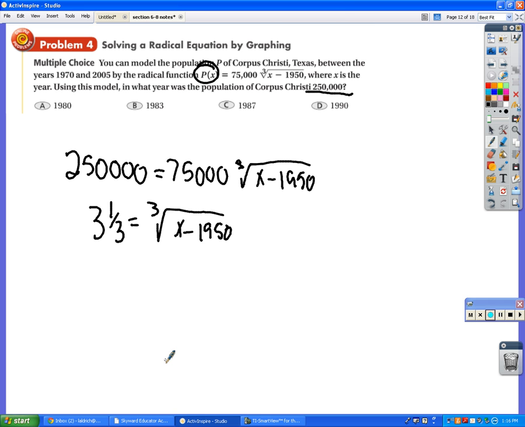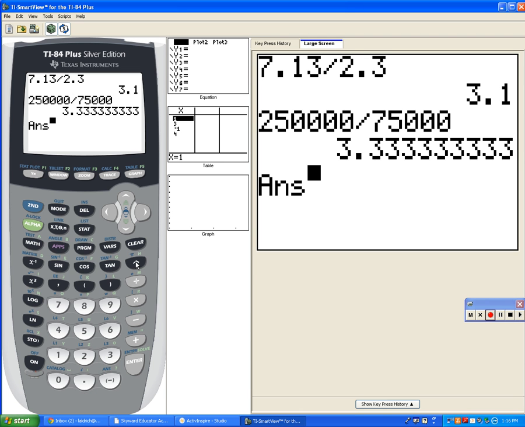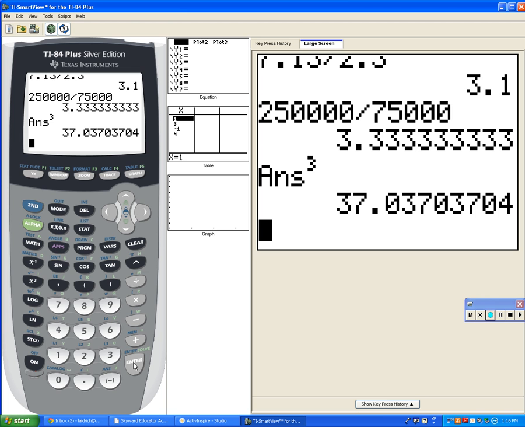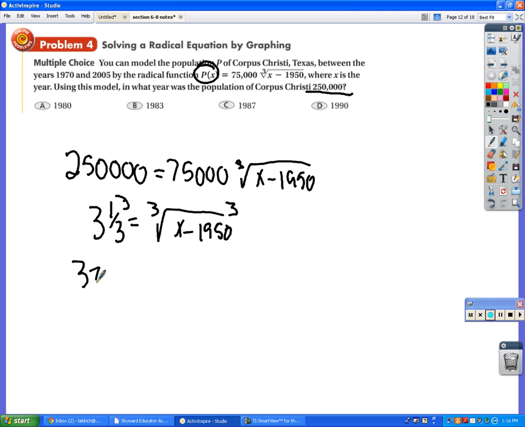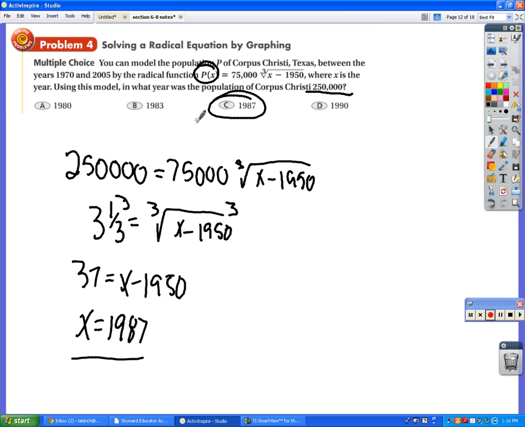How do I get rid of the cube root? Cube both sides. So if I go 3 1/3 cubed, then I get 37-ish. So 37 equals x minus 1950. And then how do I get rid of the 1950? You add it to both sides, so x would equal 1987. So we can do this algebraically, but the textbook authors would apparently like to make sure that you